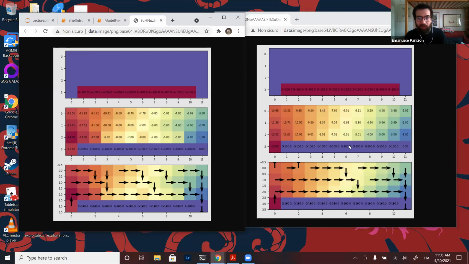You can see that they are actually not that far off, in the sense that if you arrive at the end, there is a 0, and it's 0 in both cases. Then there is a 1, which is good because it means that it takes only one action to go there. Then it's a 2 if you are at distance 2. Then there is something close to 3 in most of the places which are distance 3.